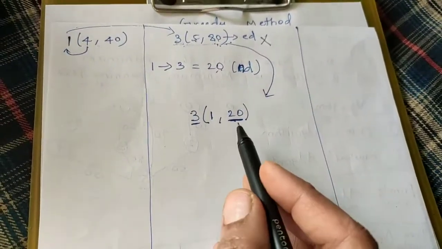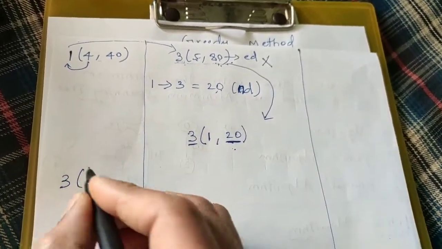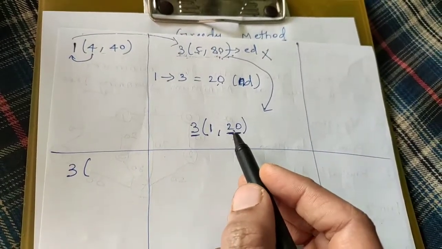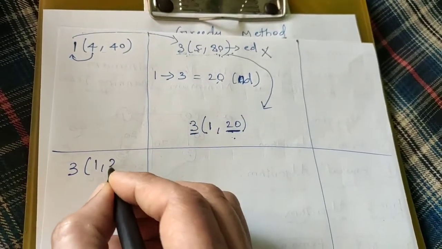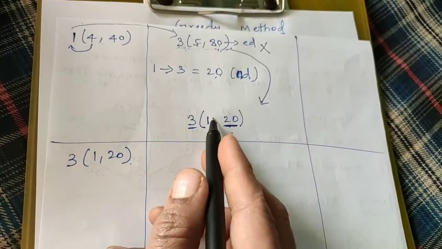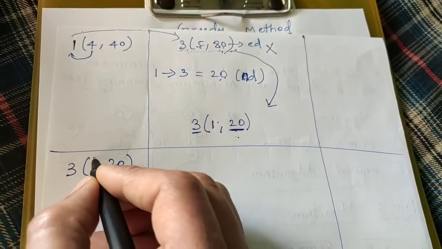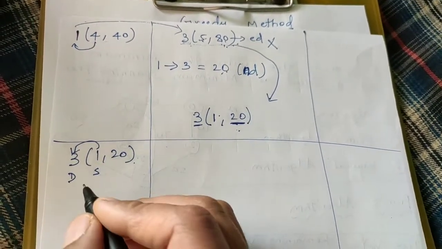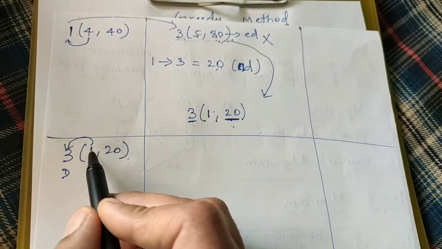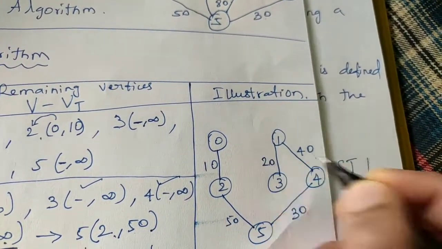Now only one vertex is pending. Now that can be considered as a tree vertex in the next step. Only one vertex is left, so that is the minimum vertex. So let us bring this vertex to the tree vertex. Now whenever I bring some vertex as a tree vertex, I need to include the edge in the illustration. So what is the edge I am going to include? Always this is source, this is destination. Source to destination only you need to include an edge. So from 1 to 3 I am just going to include an edge with 20.